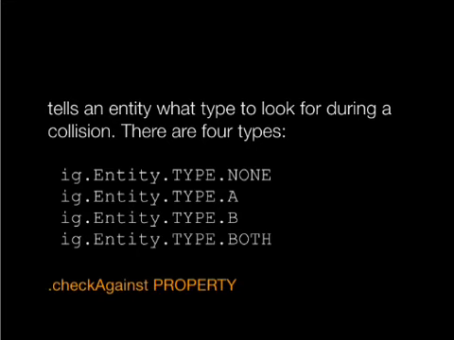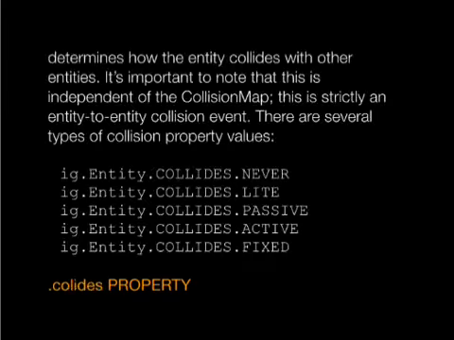The player is the one entity where you don't want it looking for anything. Everything in the game world is checked against the player, and that helps with optimization. Using these properties sparingly will also help build very performant games. So our bad guys are always going to be looking for entity type A. Bullets will always be looking for entity type B. And then you can have things like a grenade or some sort of platform that would crush something, and you can set that to both. So it's looking for the good guys and the bad guys, and it's going to kill, or collide with, either one of them.